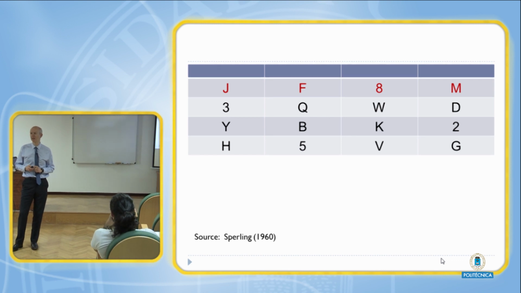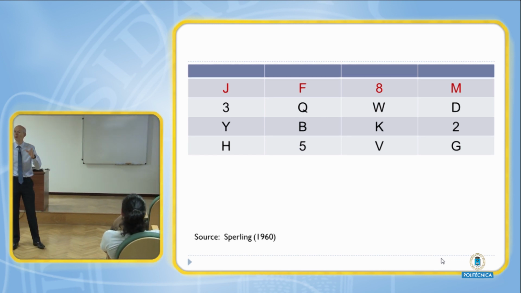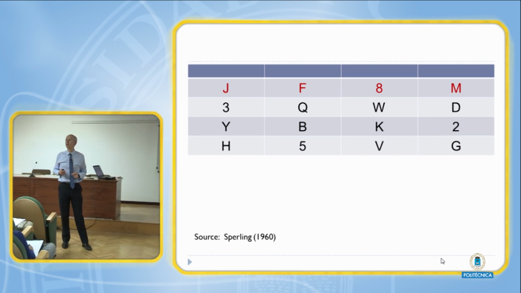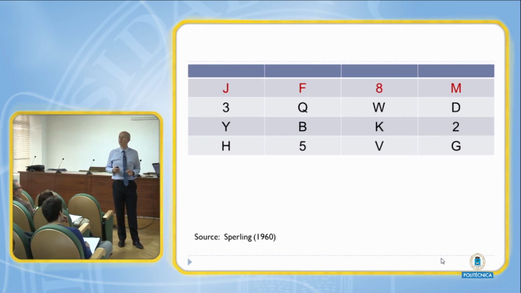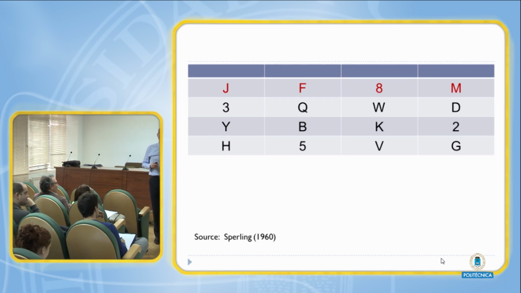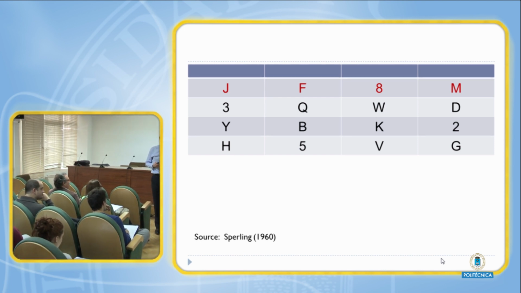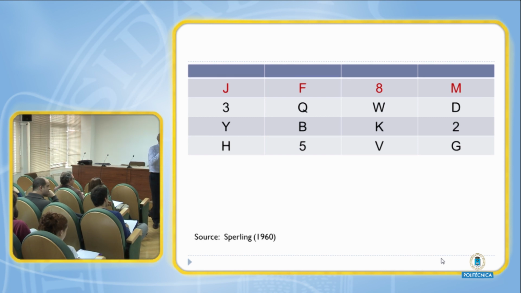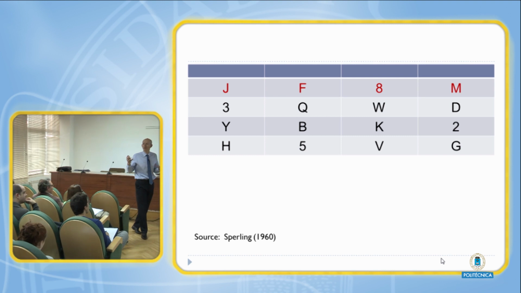Any other thoughts about how easy or difficult it was? I think without a technique it would be quite difficult. And it depends on whether you naturally tend to read in rows and columns. Yes, okay. So the reason for giving you this task is to draw your attention to the features.